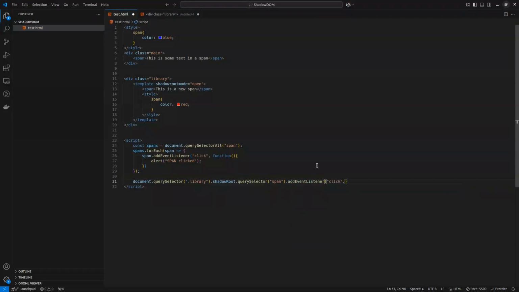We are adding a click event, and we can add an alert here,